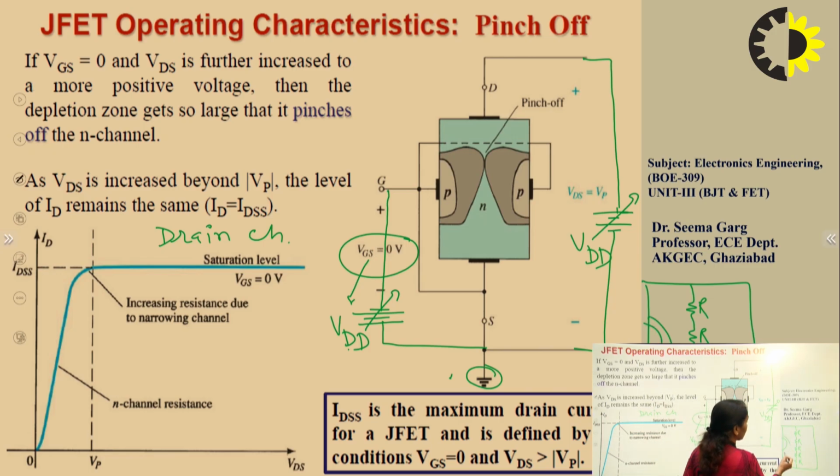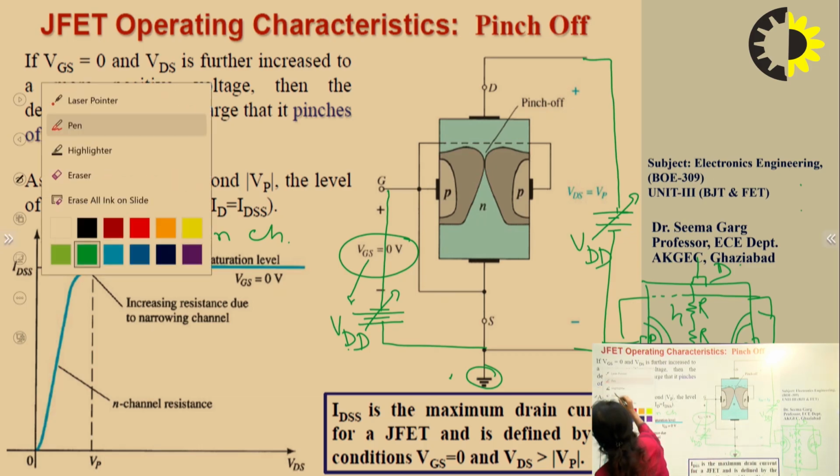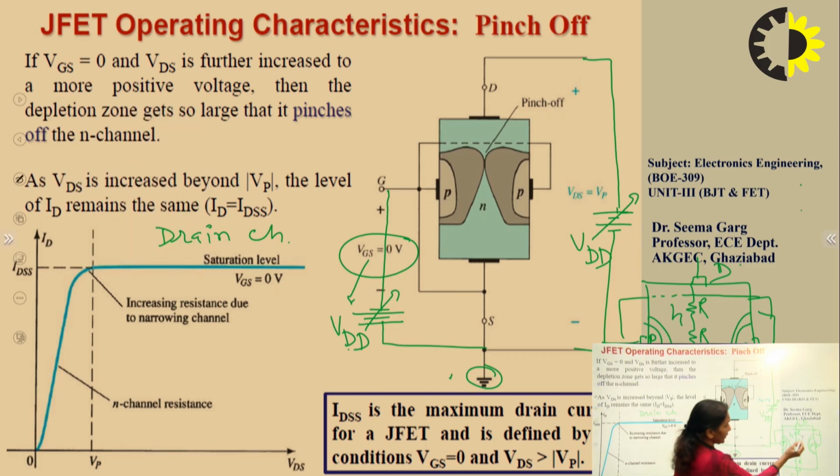Now, because this is an N-channel, in order to make the drain reverse biased, it should be at the positive potential and the source will be at the negative potential. So this VDS